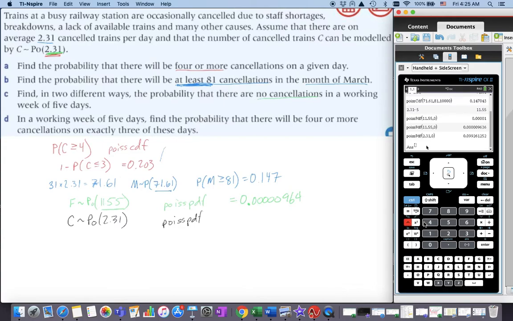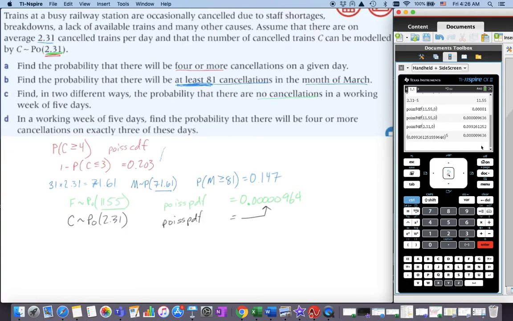Once we've done that, we push enter, and that answer we're going to take to the power of 5, because the probability of it happening 1 day, and then the next day, and then the next day. Remember, according to Poisson, we're assuming that each event is not affected by the other events. Therefore, they are independent of each other. And so we can take each day. We want the first day to be 0, and the second day to be 0, and the third day, and the fourth day, and the fifth day. And when we do that with independent events, then we should just be able to multiply those together. And when we multiply those together, we get, lo and behold, the same thing that we had before. Awesome, huh? So obviously it's working. At least it gave us the same number both times.